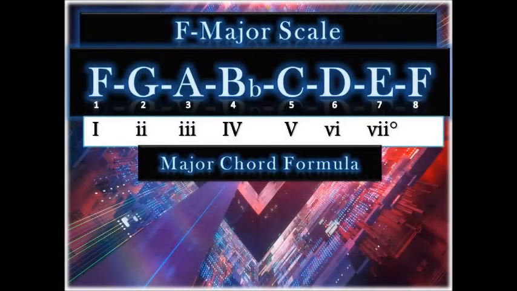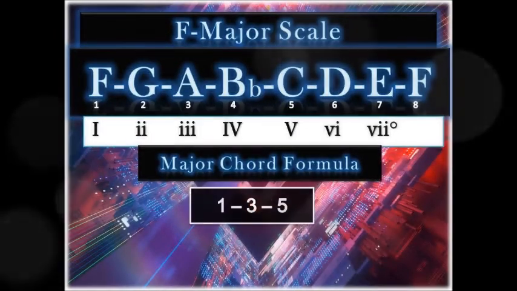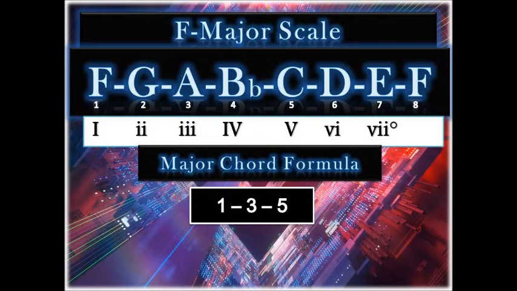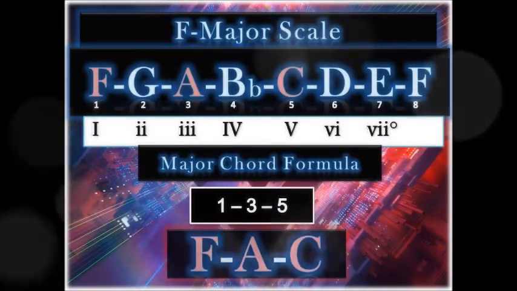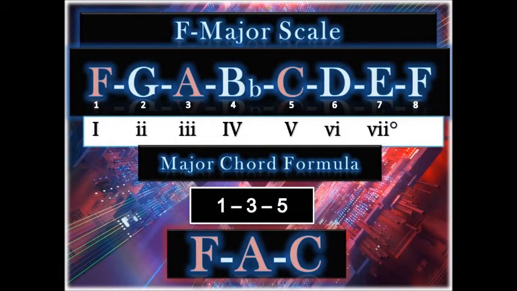It's time to learn our major chord formula, which is 1, 3, 5. Using this formula, we can easily find out the participants of the F major chord. Could you find them? They are F, A and C because they are placed on positions 1, 3 and 5. So, our F major chord will be F, A and C. Let's see how to play these three notes to derive our F major chord on the fretboard.